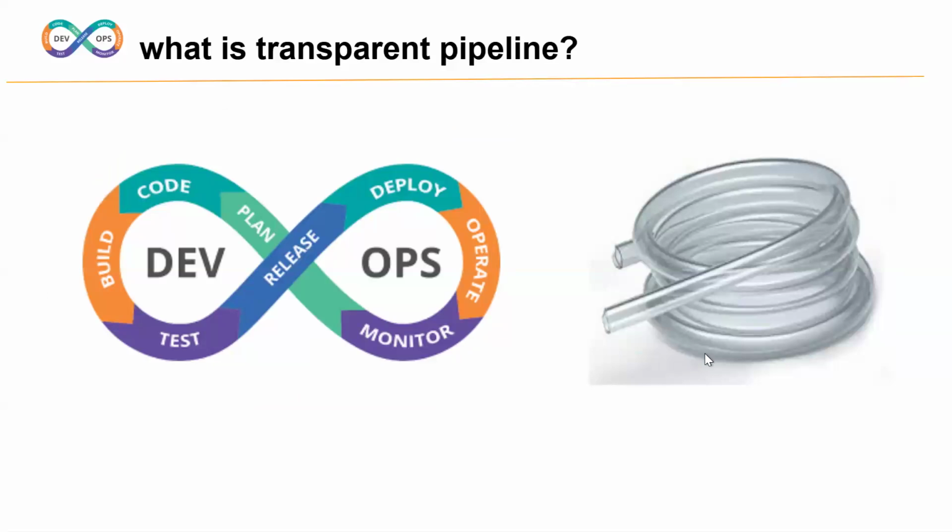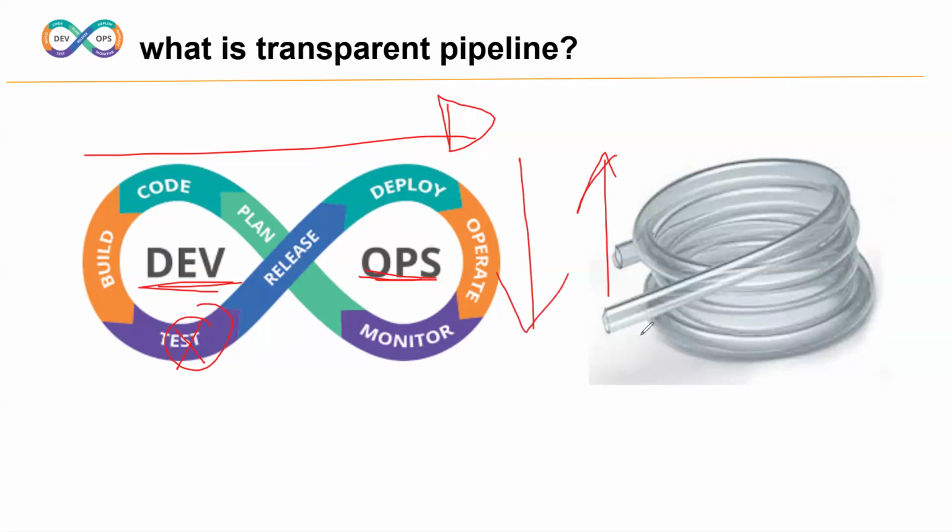In DevOps, everything is transparent. Everything is automated, from dev environment to operation. Due to this transparency and automation, even if you get an issue, we can easily identify and rectify the problem as soon as possible. That means the cost is reduced, the quality increases, and the customer is also satisfied.